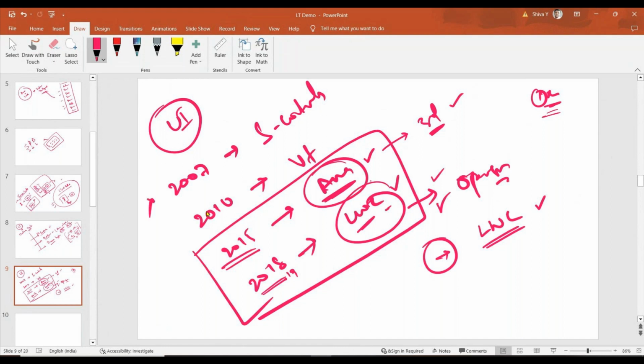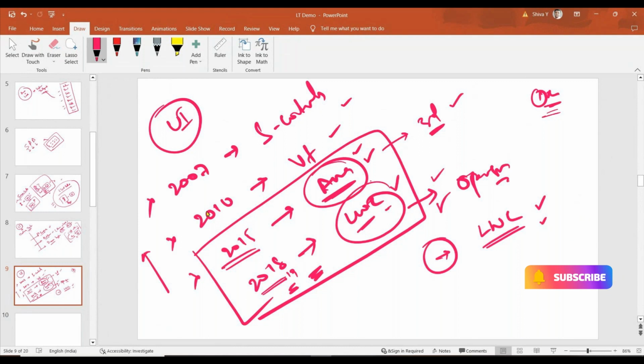The S controls are gone, right? The Visual Force pages will go on, and Aura also will go on. The stable technology is what? That is LWC, Lightning Web Component. So whatever applications we are implementing from 2019 onwards, all are using LWC. Before, the applications we implemented with the help of S controls, VF pages or Aura, so we are migrating to the LWC,